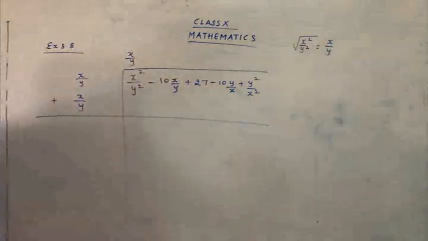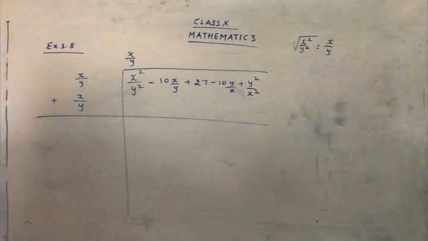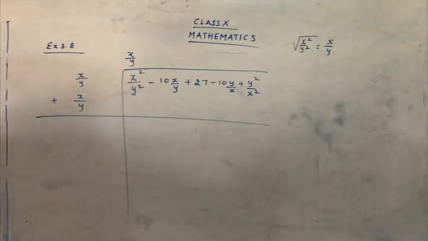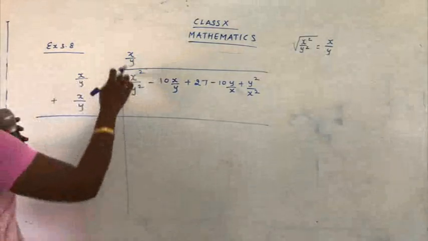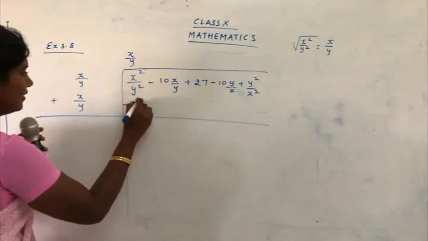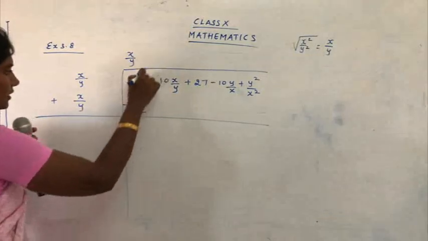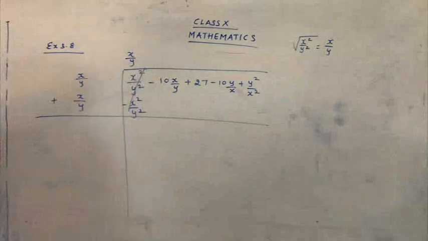2 means you have to take 1, 2y means you have to take 1, 4 means 2, 2, 6 means 3, 3, 8 means 4, 4. Okay. So done? We are just taking the square root, so you will have your x square upon y square cancel. Are you doing the step along with me, children?